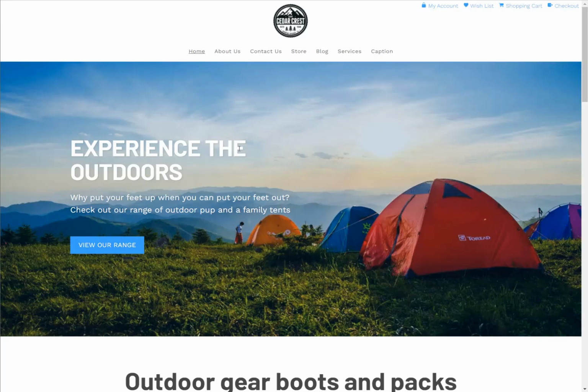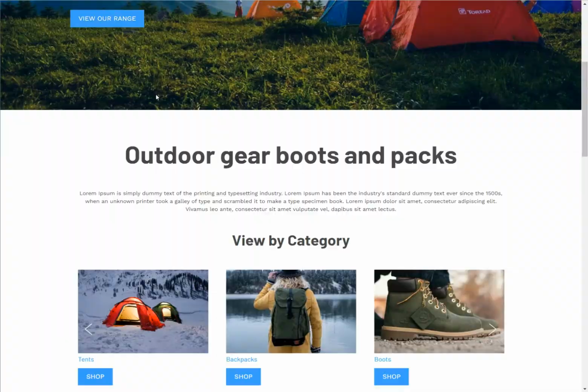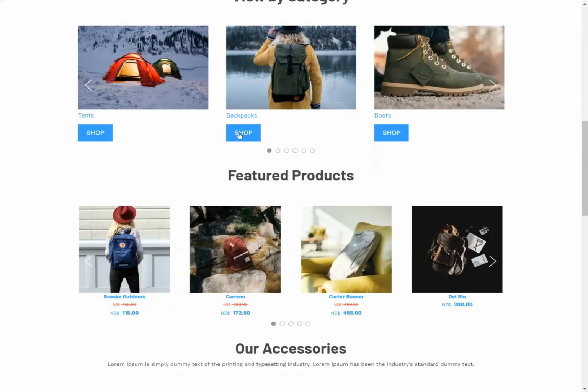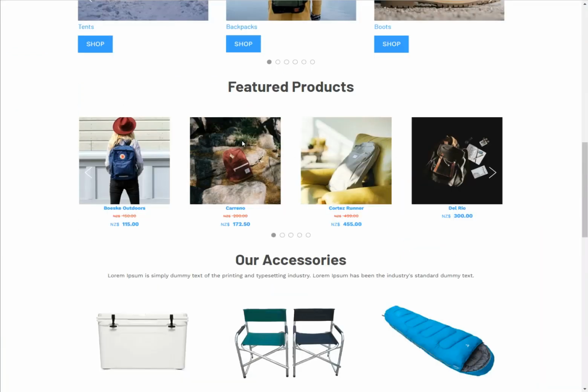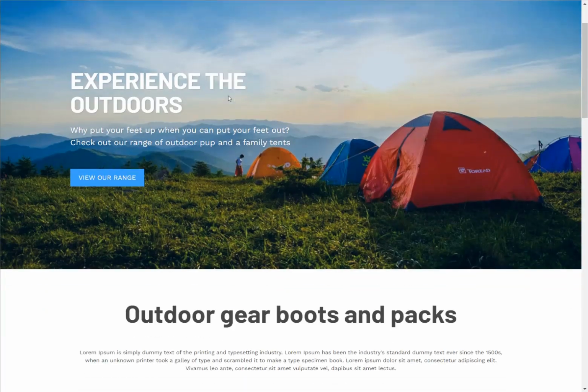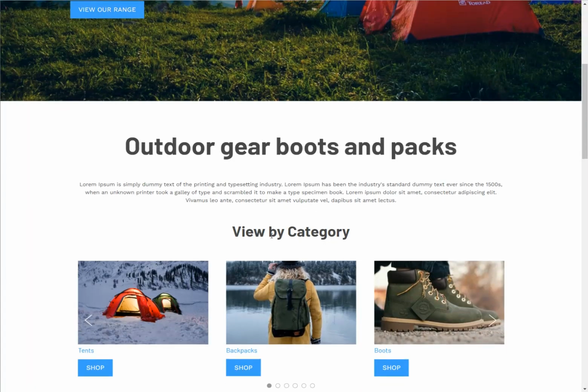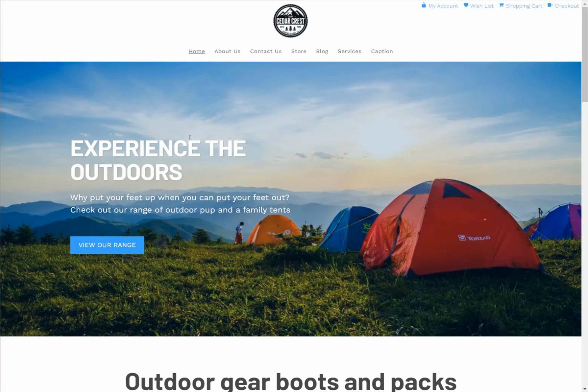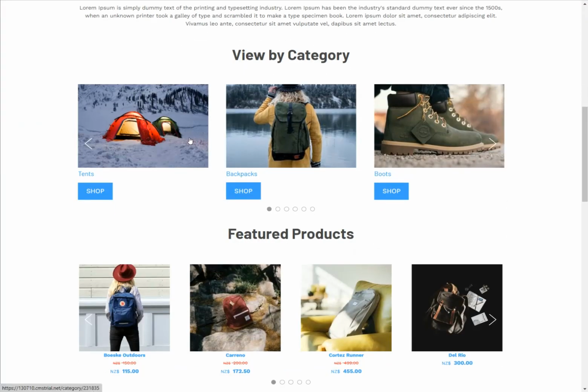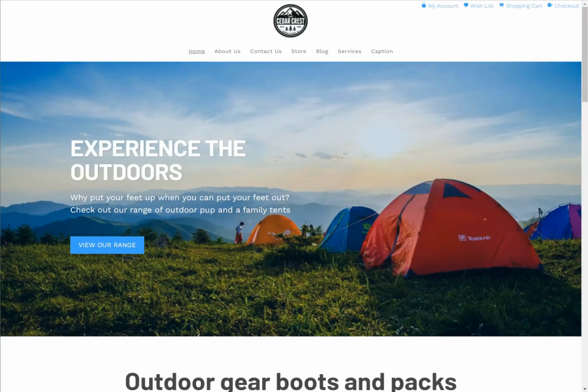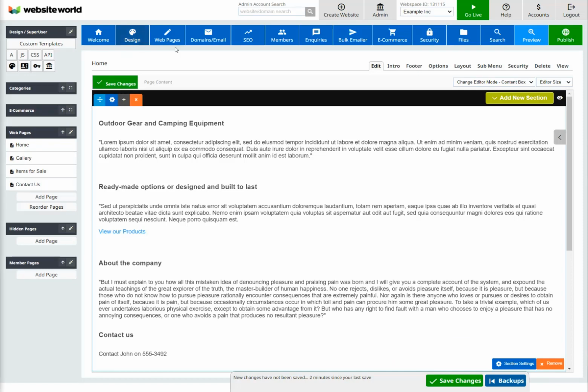So let's go through and start building the homepage. I'm just going to quickly jump back to the website. So we're going to break the template into two different sections. We'll have the banner, this top banner here, in the design banner area, and we'll put the main content area here in the homepage. So we'll start off by doing our banner, and then we can go down and do the content. So let's go to the banner area, design,